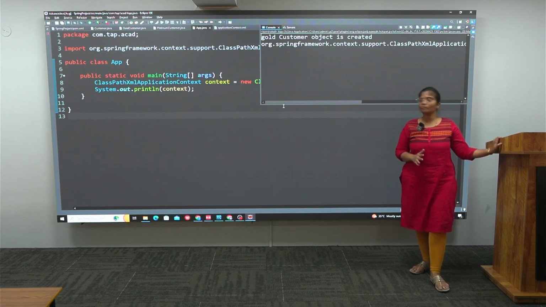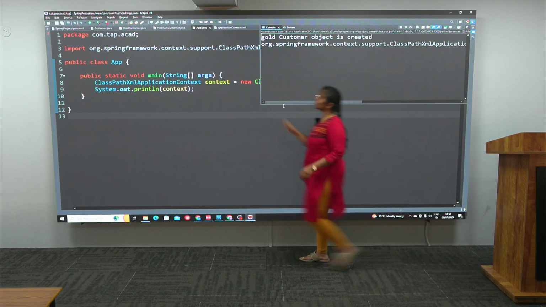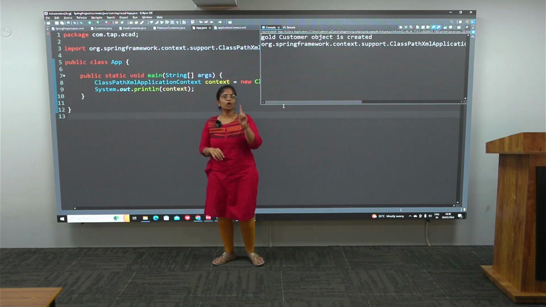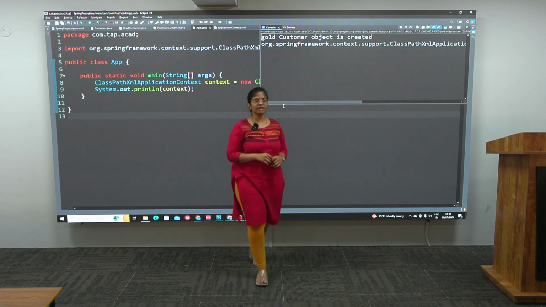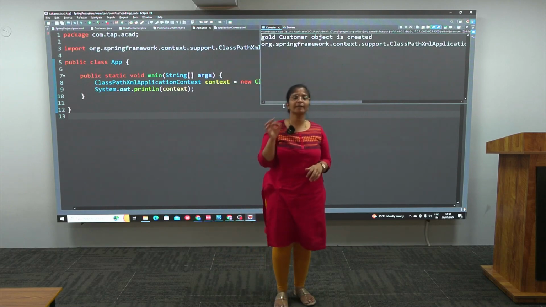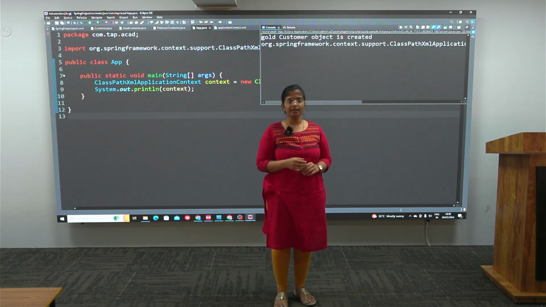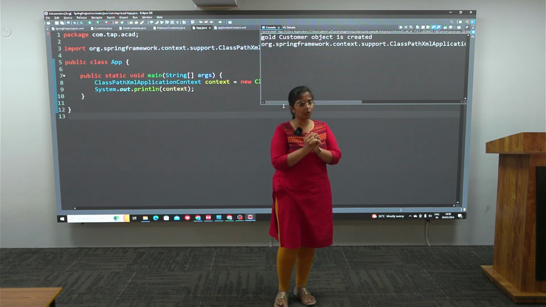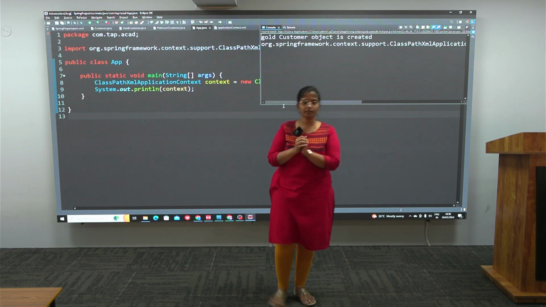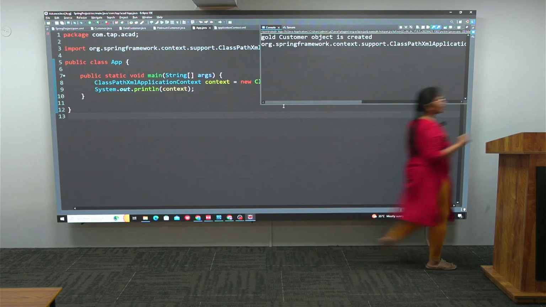How can you get the object, if you ask me? Using this context, I need to call one method. What method, if you ask me? There is a method called getBean. Bean in the sense object. Then you need to pass which object you want, so it will give you an object of it. Okay. So what I will be doing is, I'll go over here